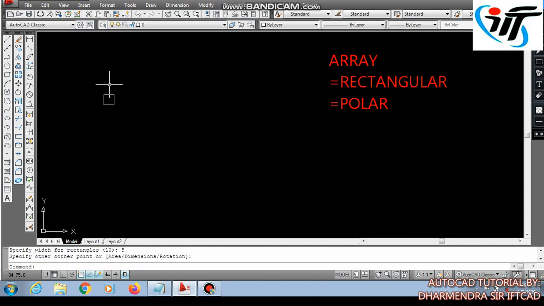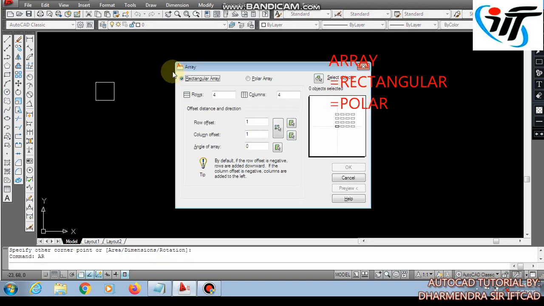Okay, so here we have drawn a rectangle which I am going to array. Array is a type of copy, or repetition of a copy, at a fixed distance. So now I am giving the command AR enter.